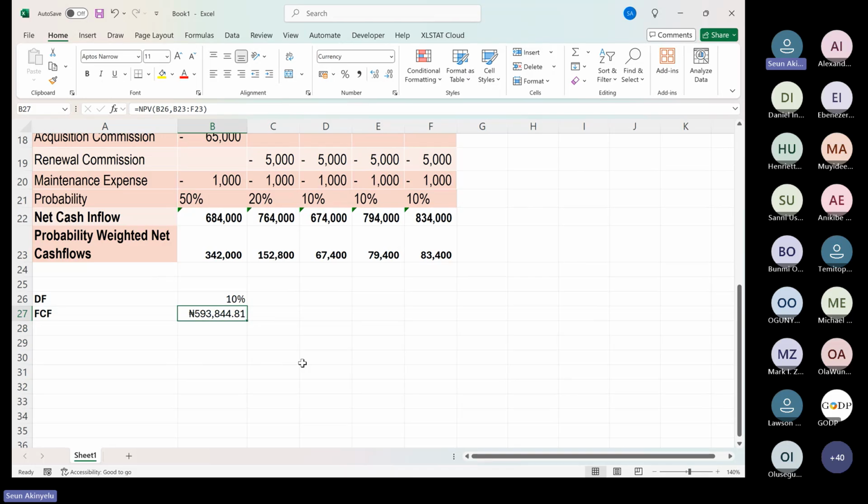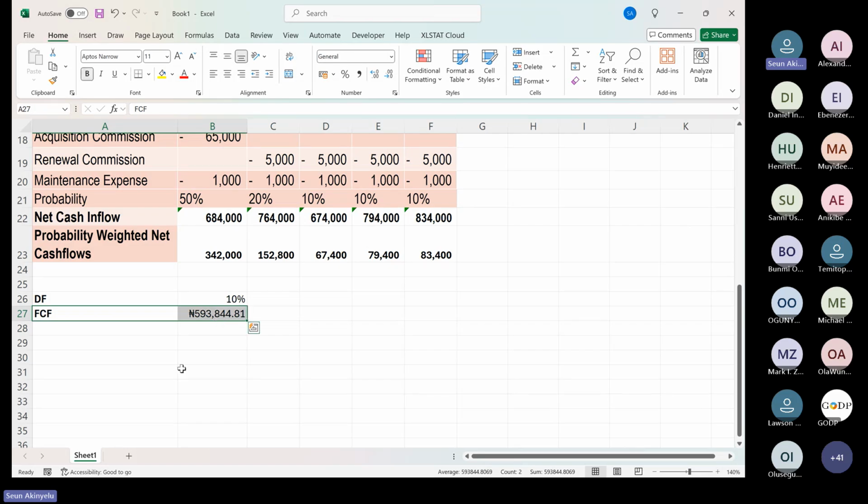The essence of the probability is to make it more realistic, to say that normally in month 1, what is the probability of the claims that we pay? In month 2, what is the probability that we will pay claims? What percentage are we going to pay? Basically, that is what I've done here. For clarity and simplicity's sake, that's why I've used a simple example. So in this case, this is the fulfillment cash flow.